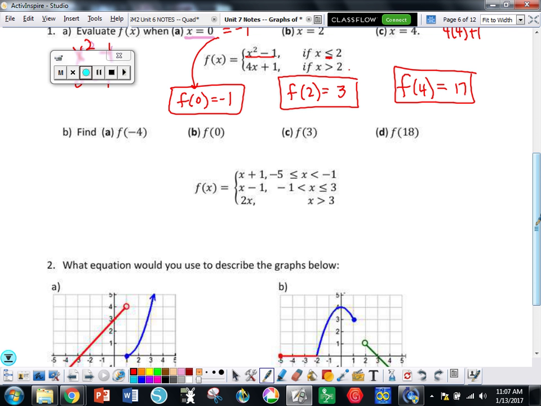Okay, f of negative 4, is that the first, the second, or the third part of the domain? The first, right? So these are all values between negative 5 and negative 1. So you plug in the negative 4, and you get